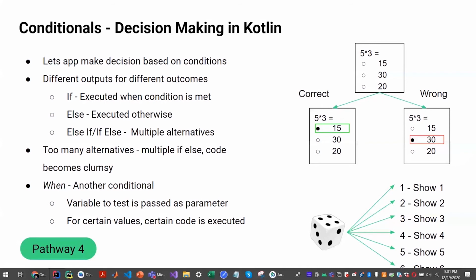How did WhatsApp or Swiggy know? How did they know what to do in both cases? How does the program decide what to do based on a certain condition? Enter conditionals. Conditionals are a programming language's way of letting your program make decisions when a certain condition is met. 2 of the most well-known conditionals present in most, if not all, programming languages are if and else.